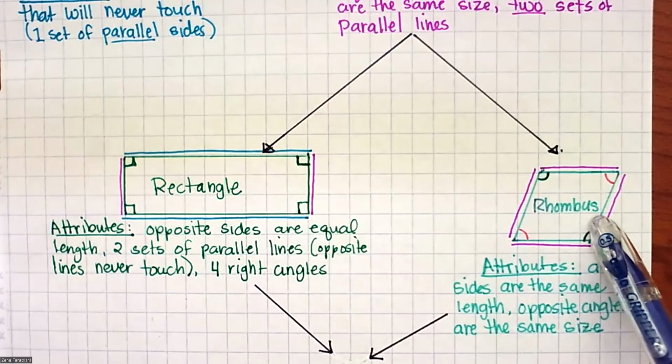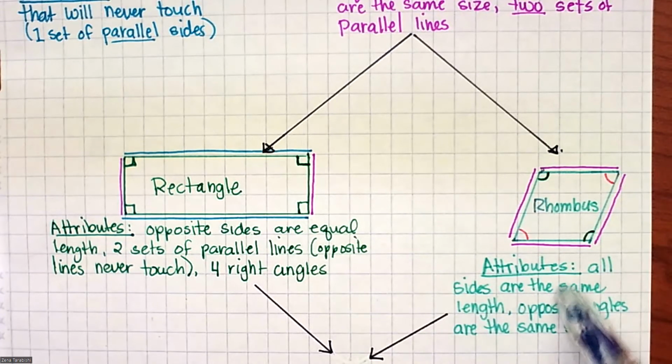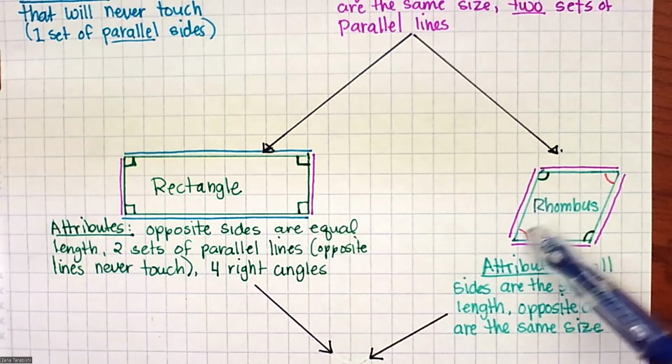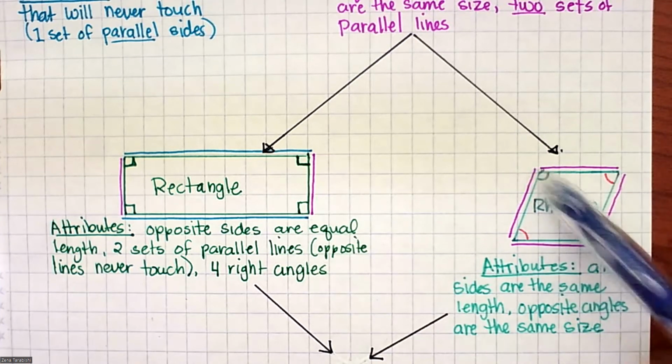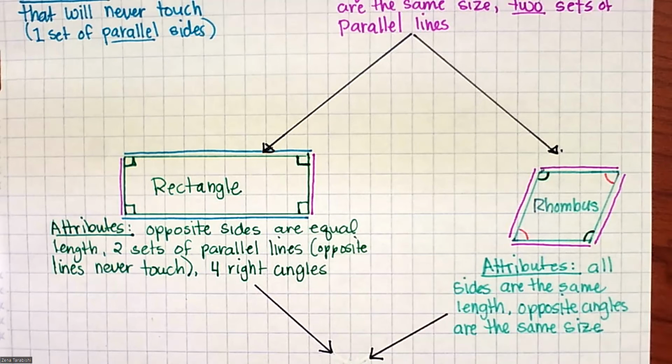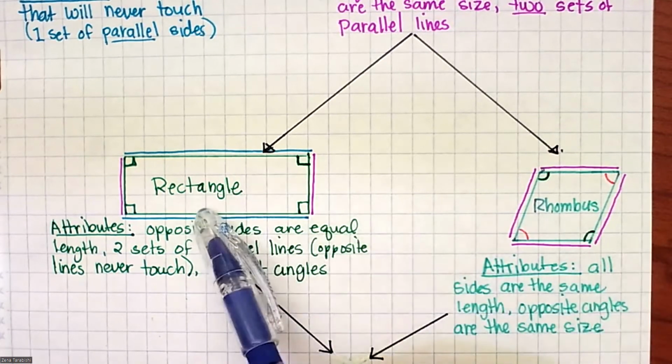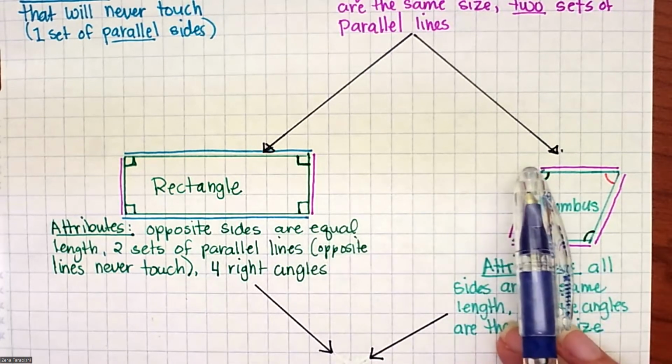Now for a rhombus, over here, all the sides are the same length. So all four of these sides have the same measurement. The opposite angles are the same size. Those are the attributes of a rhombus. The sides are the same length. The opposite angles are the same size. Now a rectangle and a rhombus